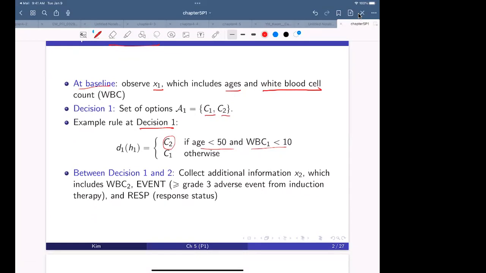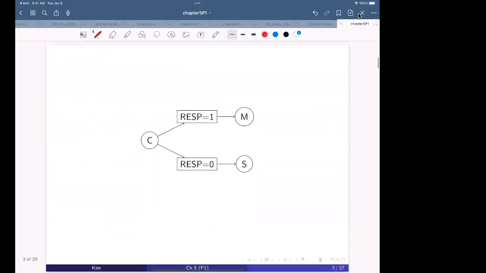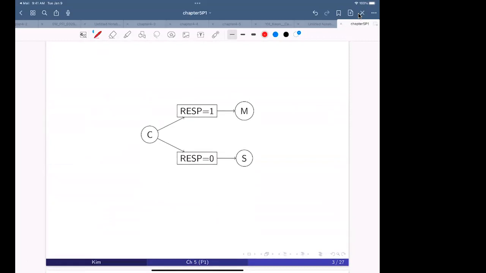So then there is additional information. Basically this is a covariate, but the covariate is time dependent, right? The covariate changes over time. So then WBC will change, right? It will be subscript 2. So this is kind of a simple